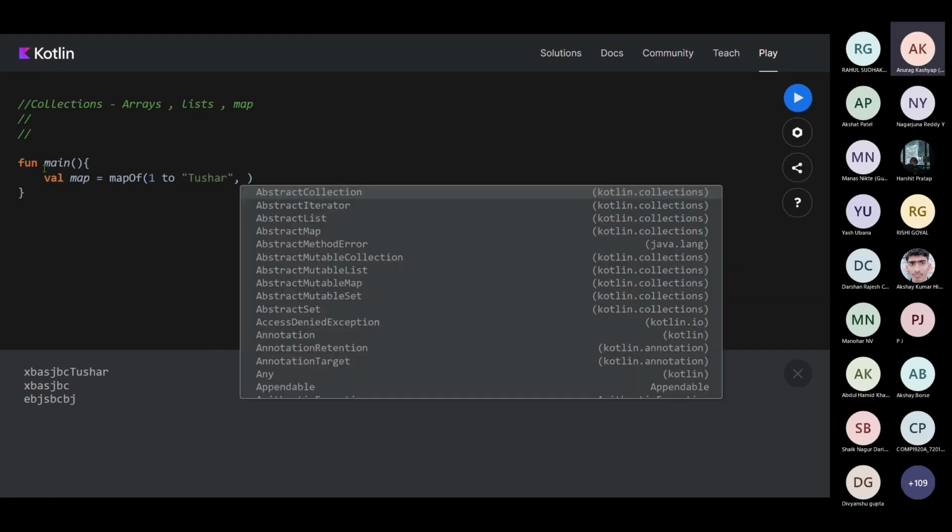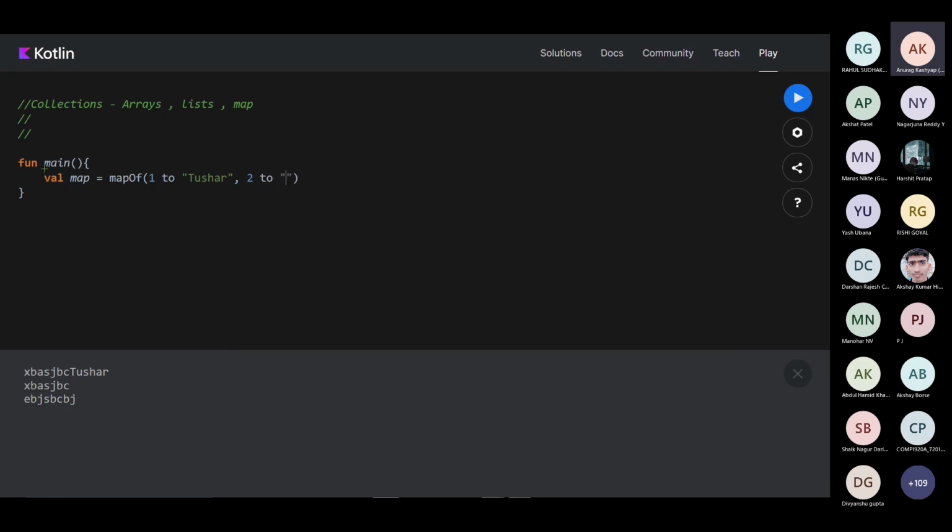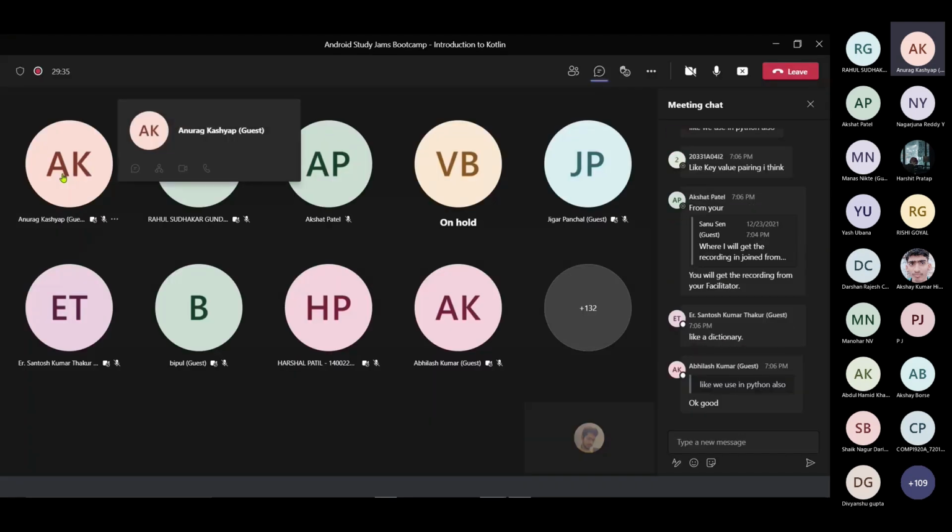After that, 2 to, for example, your name, Varsha. And 3 to, for example, Sai. So what we are doing is actually relating these particular values. That's what we are doing.